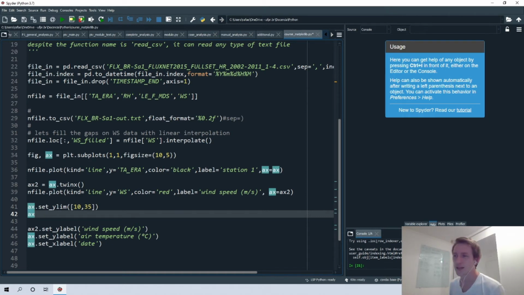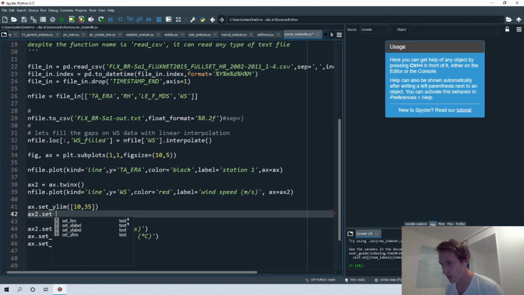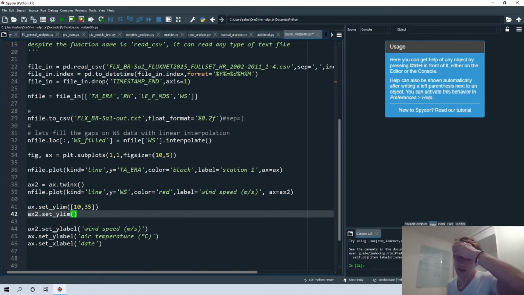So for the second variable, which we defined in the second y-axis, that is the wind speed, we must also specify a new limit. So the wind speed varies from 0 to 5, so we want that to be in the lower part of the graph, so we can specify 0 to 10, for example. We duplicate the number, the value.